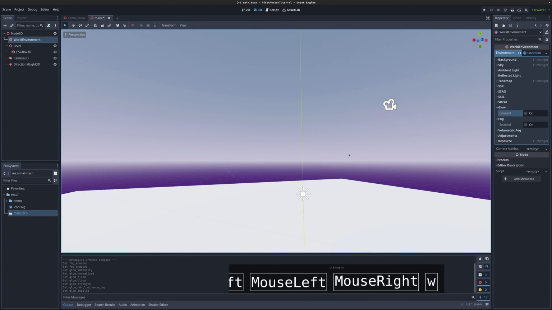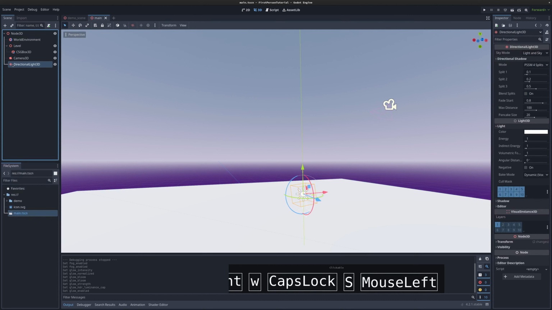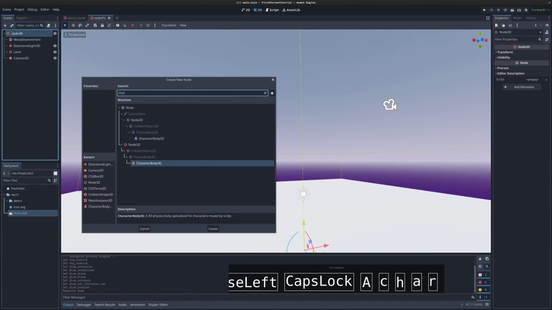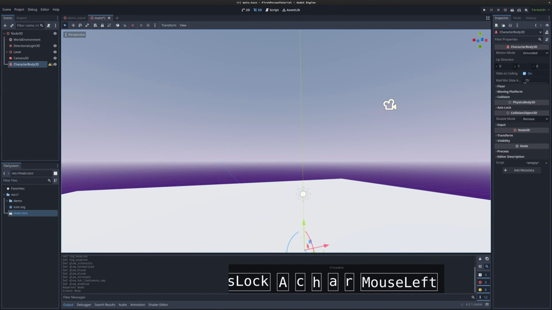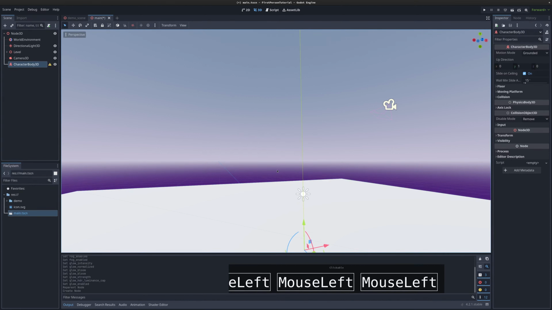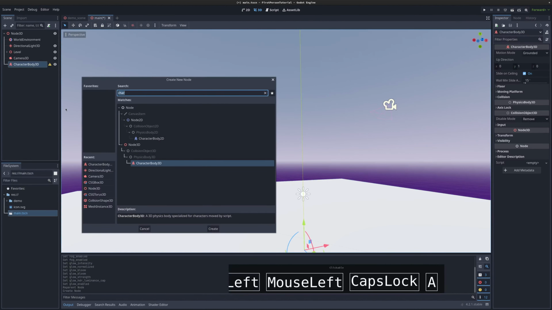Okay, so we have a basic level. That's great. Now what we want to add is a character that can navigate this level. I'm just going to pull this up here, and now I'm going to add a character body 3D, which is very similar to a character body 2D. As a matter of fact, when we create it, we'll see we have an error. The error is exactly the same error we get when we try to create a character body 2D. We need to have a collision shape. So I'm going to add a collision shape